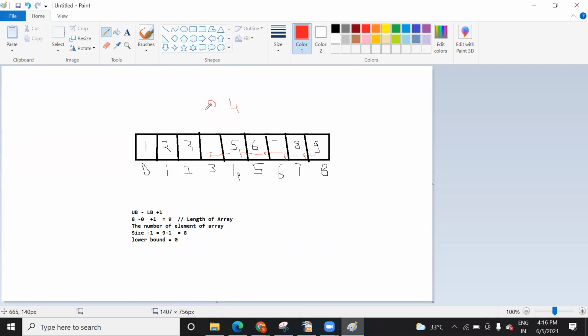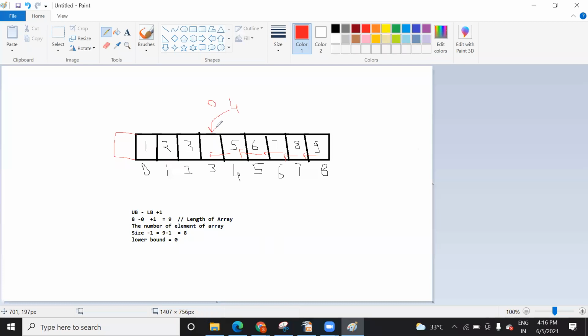Suppose 0 is less than every number, so it should come here. So you need to create a new cell there. And for 4 you need to compare with the elements. You check 3 is less than 4 and 4 is less than 5. It means it will come in between them. Correct. So this kind of way you need to apply the logic in the code.